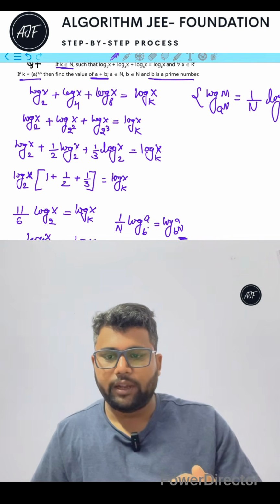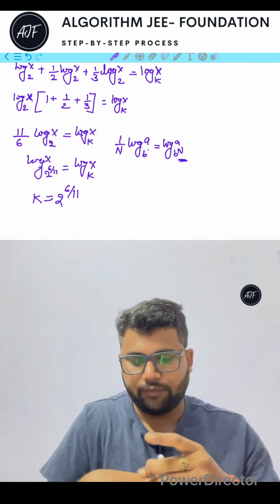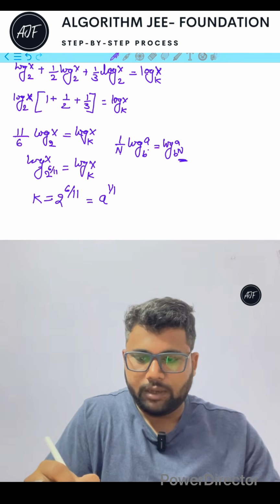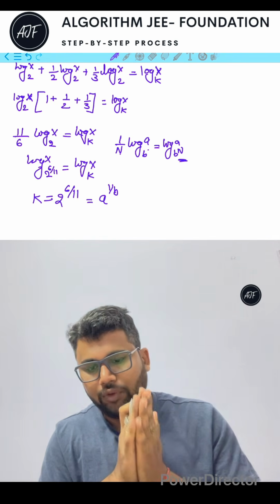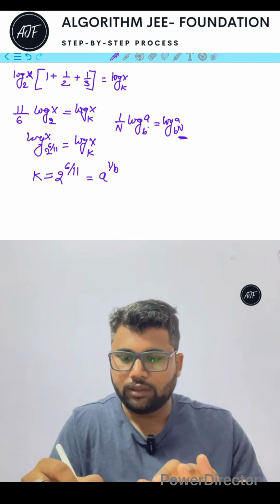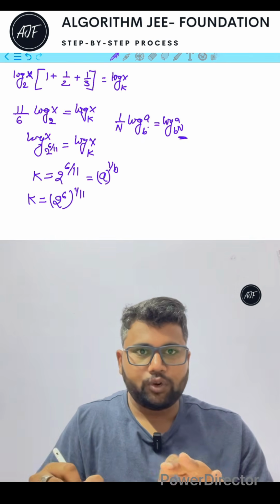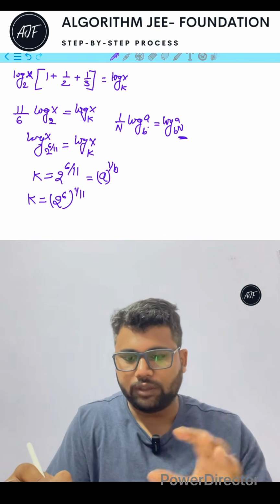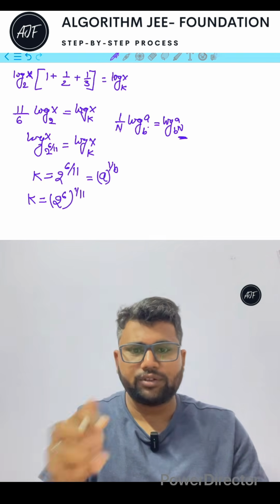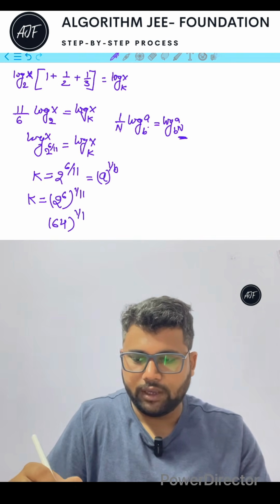Okay, now k value is given as a power 1 by b, and a and b are prime numbers. So if you see a power 6 by 11, meaning you can convert it like this, k is equal to 2 power 6 power 1 by 11, because b is 11, a prime number. After that, there is also another possibility, because 1 is given, so 2 power 6 is 64, so 64 power 1 by 11.